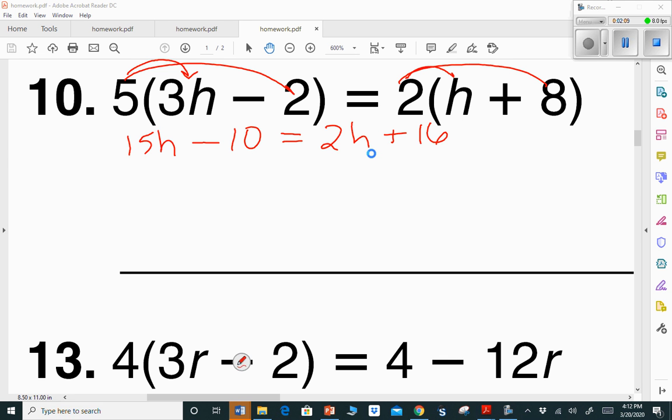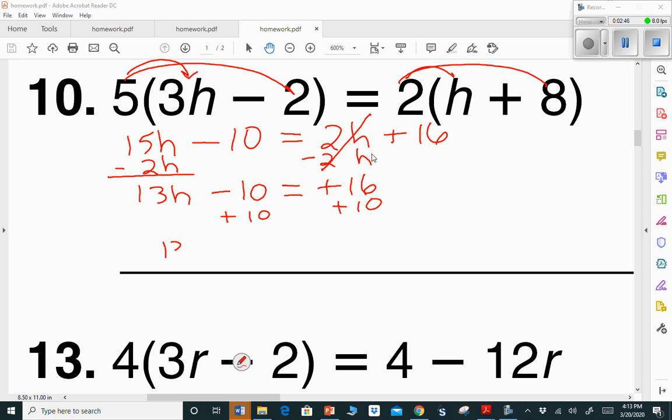Now we're down to the fact that we have variables on both sides. Let's get rid of the one over here by subtracting 2h from both sides. That gives us 13h. Bring down the minus 10, bring down the equal sign. This goes away, which was the reason we did that. Bring down the plus 16. I'm hoping this is getting to be simple for you now. Plus 10,